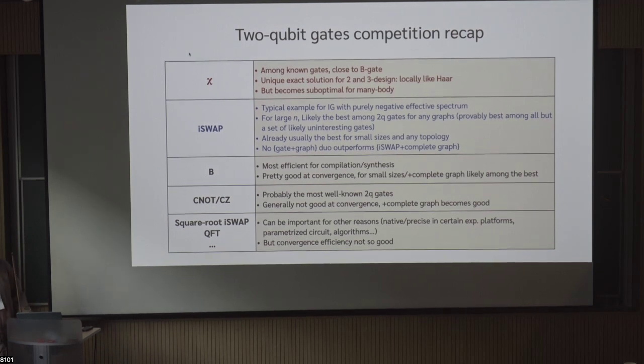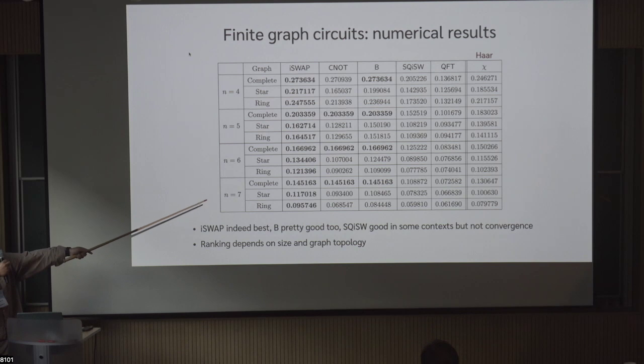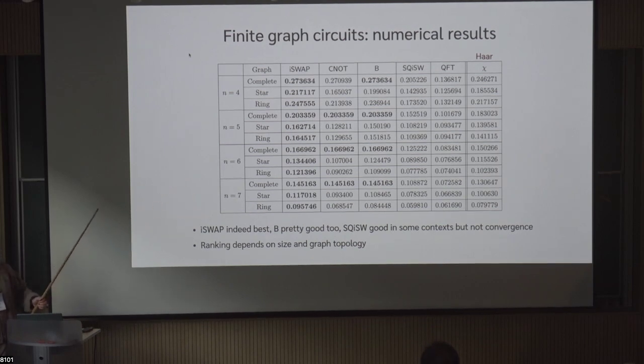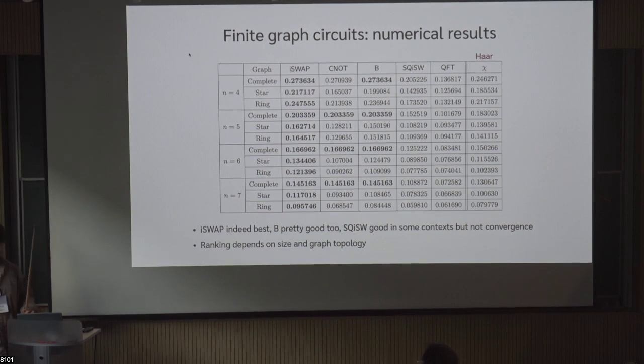Some sort of double pair starting from product state, then do they perform all equally on the complete graph? No. Yeah. So here are some. So other than these, the square root iSWAP and QFT gates, they're all entangling gates. Oh, maybe you're talking about maximally entangling gates. I need to think more about that. Maybe let's chat offline. Yeah.